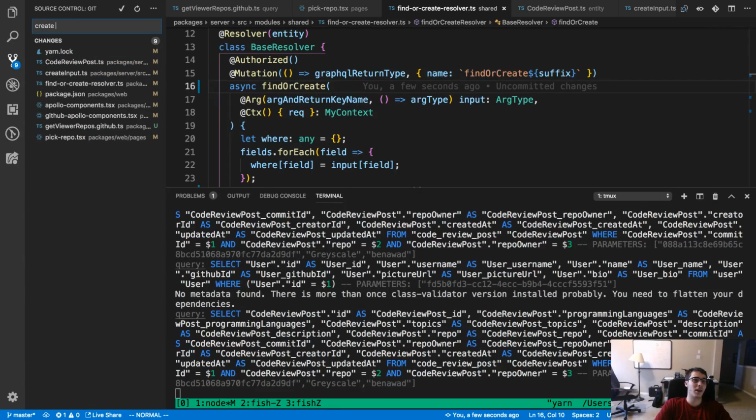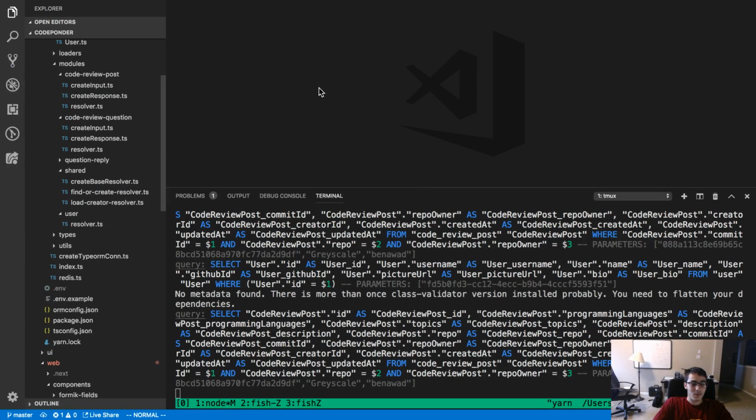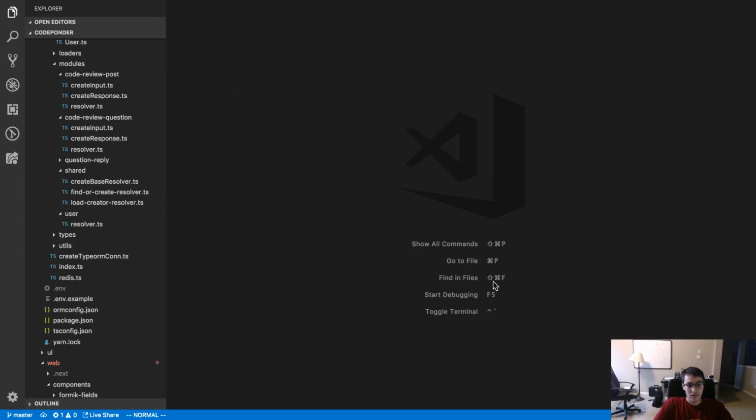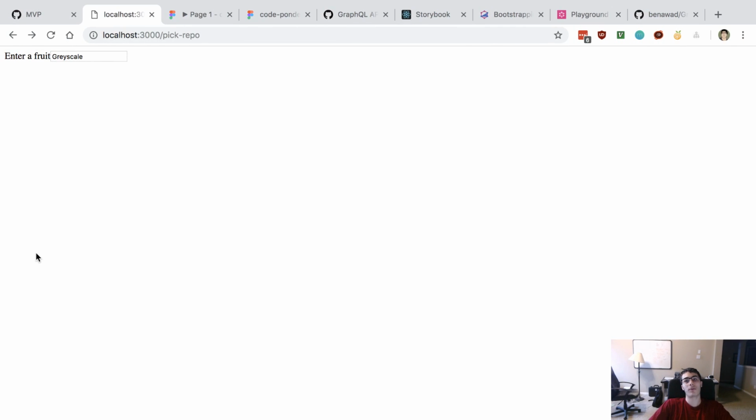Alright, so now we are creating code review posts. What I want to happen is after you create the post, it takes you to a new screen that looks like this.